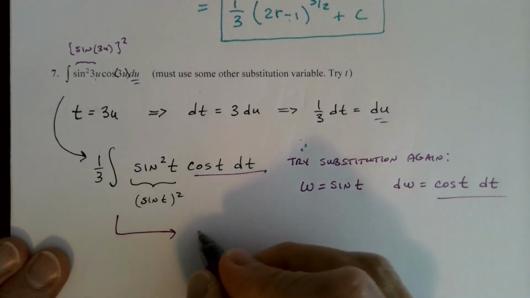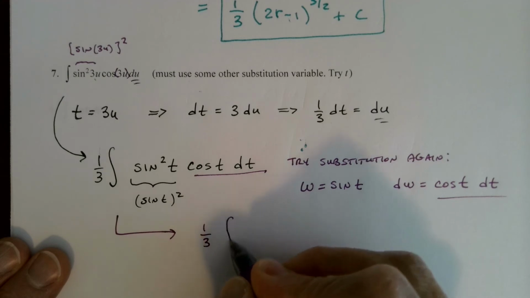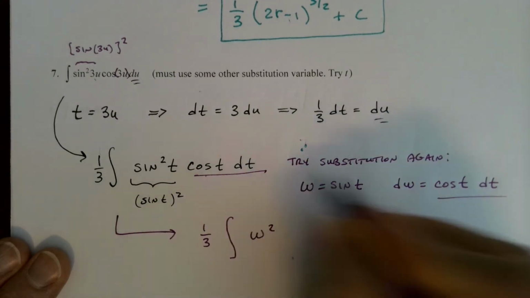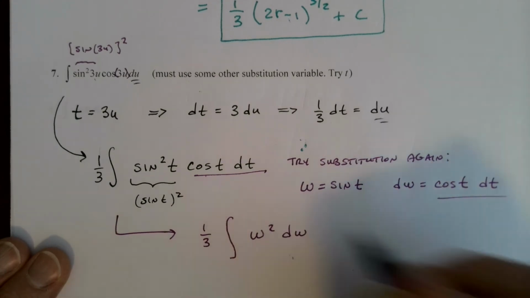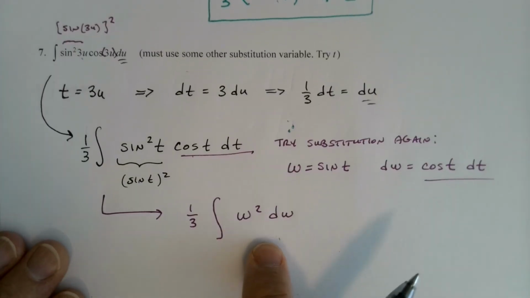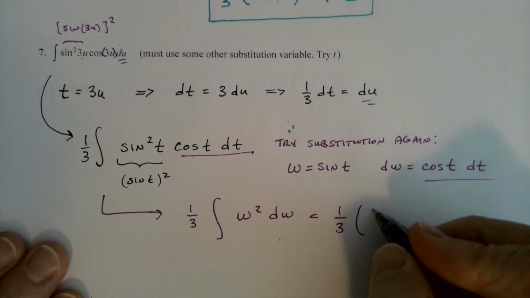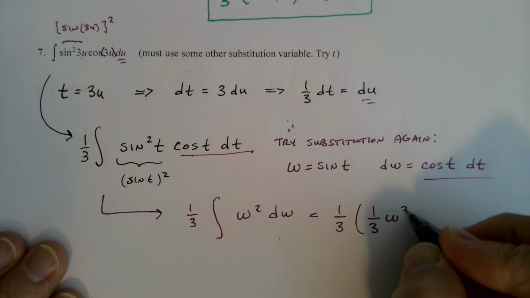So this then becomes what? 1/3 integral of sine t squared, so that's w squared. Cosine t dt is just dw. And hey, now that worked, right? That cleaned things up. w squared is easy to find the antiderivative of. The antiderivative of w squared is 1/3 w cubed